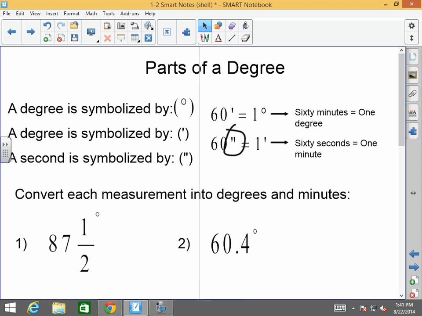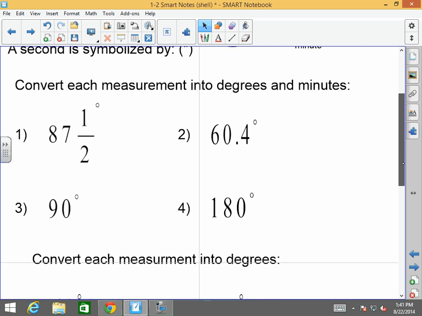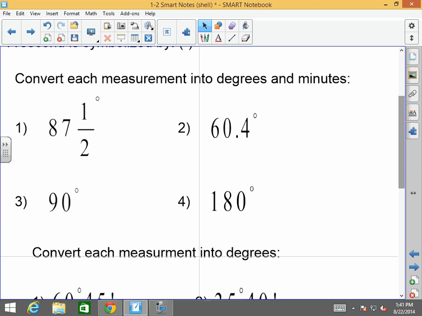Now we're converting each measurement into degrees and minutes here. A lot of times, especially in more advanced mathematics, especially engineering and trigonometry, you have to be able to go from degrees to minutes or minutes to degrees, degrees to minutes and seconds, seconds and minutes to degrees. You've got to be able to toggle between all of these. So when you're converting from degrees to minutes and you have a fraction of a minute, a percentage of a minute represented in decimal form or fraction form, always multiply